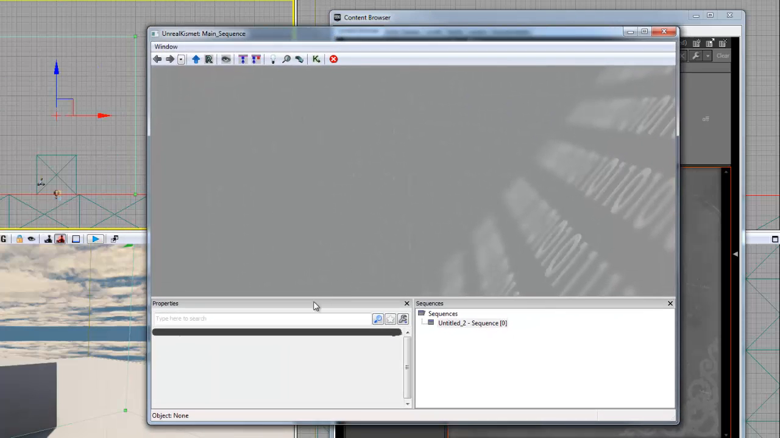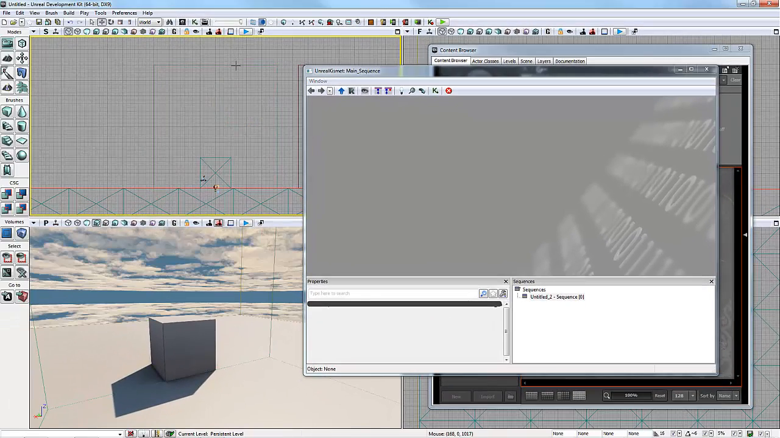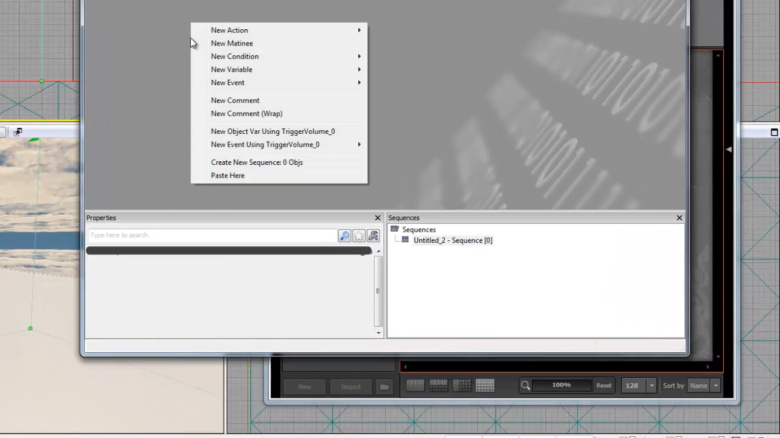Now, what we're looking at here, we have three panes inside of Kismet. We actually have our interactive development window. So this right here is kind of our flowchart window. We have our properties, and then we have our sequences. So the first thing I want to do is make sure that I can still see my level in one of my viewports. I'm going to click on my trigger volume that's right here in my side view, and inside of the Kismet I'm going to right click, and what I want to do is I want a new event